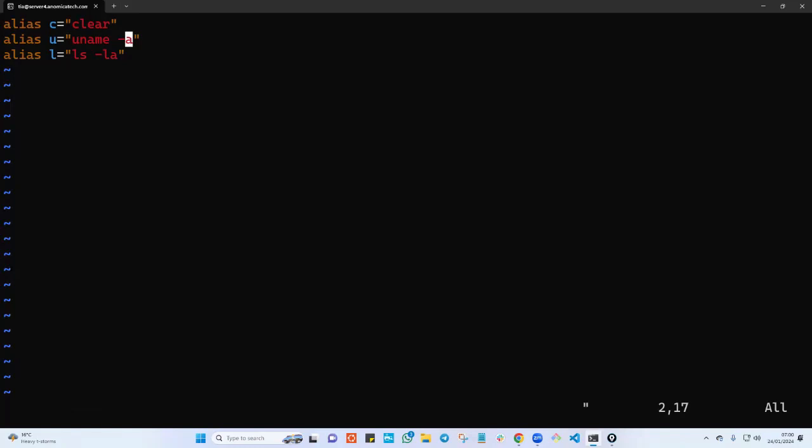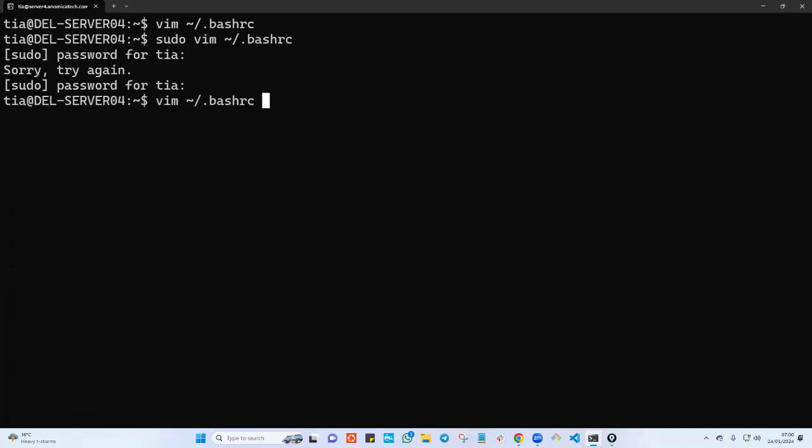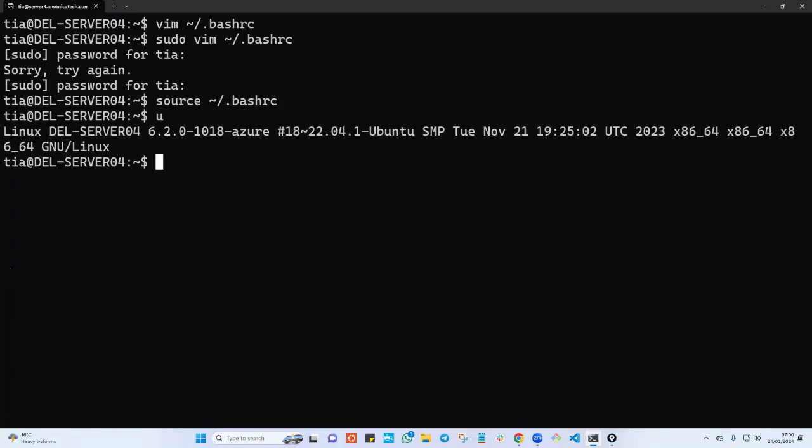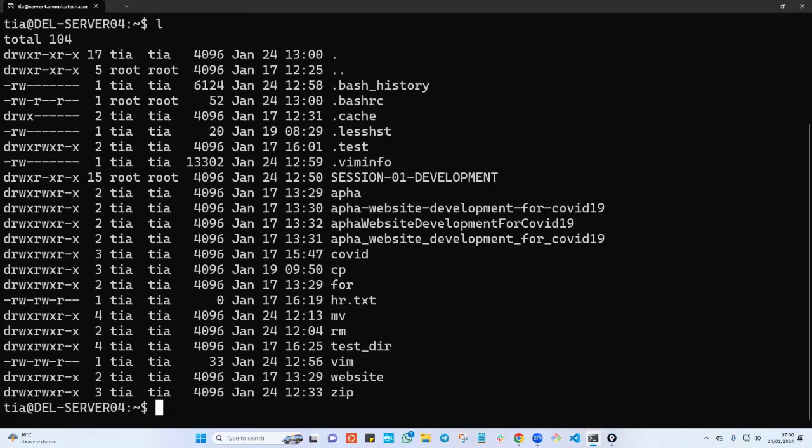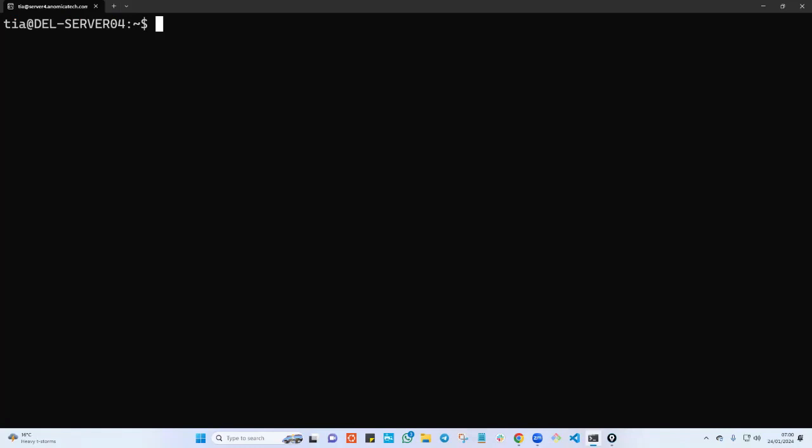As you can see, I can save this, right, and quit, and if you source that file so that it's going to take effect, and tap u, as you can see, I can tap l and I can tap c to clear my screen, right? Which is really, really good, right? But when you're still learning, please do not use aliases, right? Only use aliases when you master all these Linux commands and you know how to use them efficiently, especially when you start working. You can set all your aliases, and every time you can use all these shortcuts to basically